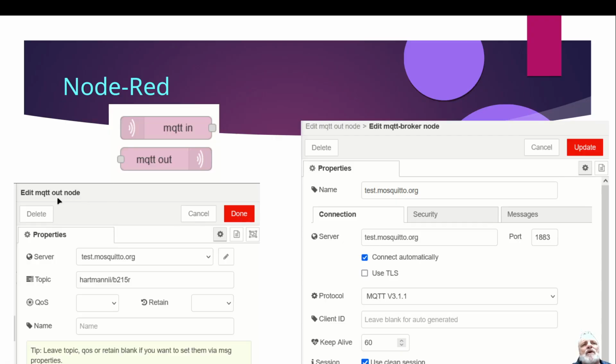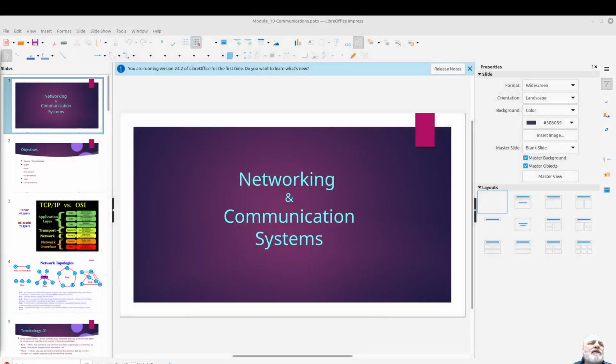Over here on our output node, this is the publisher. You can see here I'm publishing to test.mosquitto.org, and I have my topic here. The subscriber would have to be subscribed to that topic. It's just not showing on the screen. All right, so that's it for